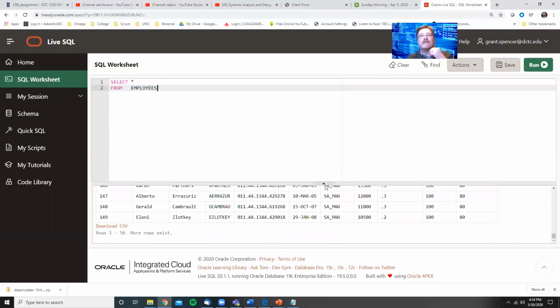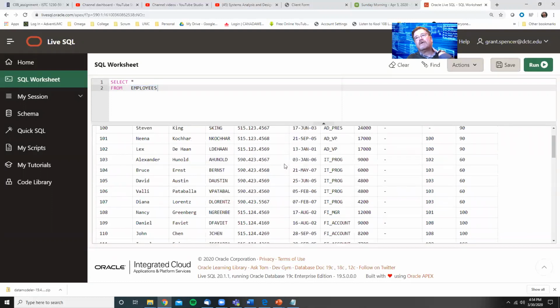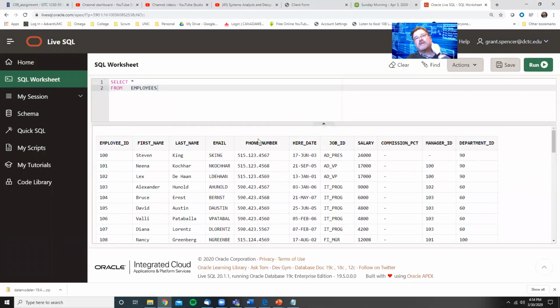Now, this is important. When you're looking at this table here, we don't just have normal columns. Some of these columns have special properties. This column uniquely identifies